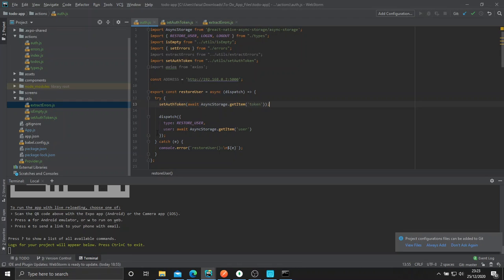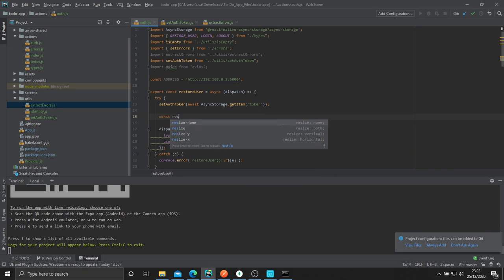So previously we did user, but this time we're going to go ahead and use token because we're putting a token in there. So we'll do a little bit of renaming, and then here we'll do const res equals await